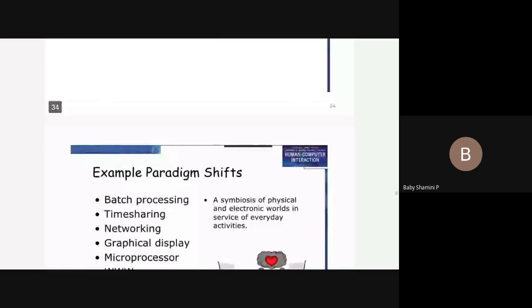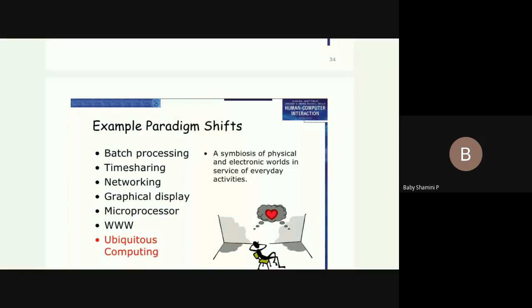Now, what are the things we have to say? Batch processing, as you are studying in operating systems, time sharing, networking, graphical display, microprocessor, World Wide Web, ubiquitous computing. One thing I want to say,